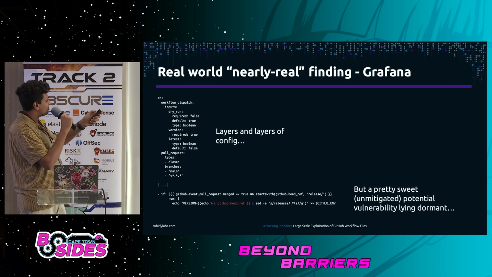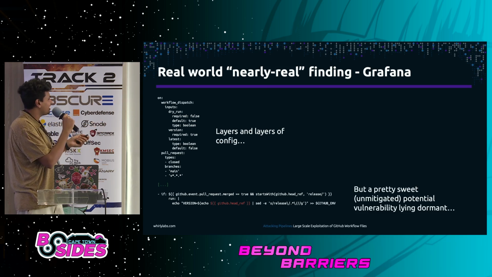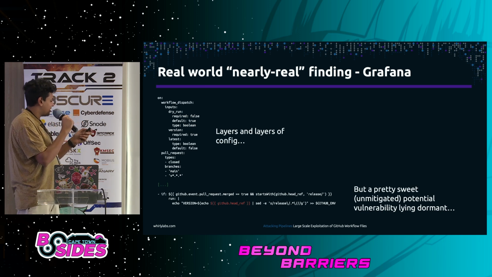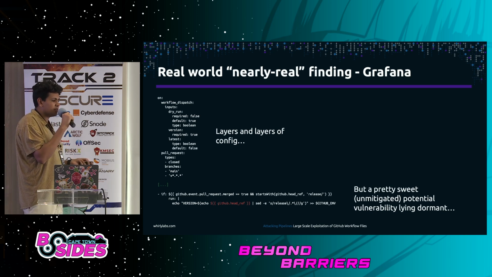Yeah. So this is a real-world example from the Grafana repo. It's still live, if anyone wants to go and do anything to it. We did send them emails to fix this, but they didn't really acknowledge that. You can take a look at the actions file, and it contains a run keyword. This is quite a nice little find. It contains a run keyword with a reference to the name of the pull request. This action runs when a pull request is made, and specifically when the pull request name starts with release